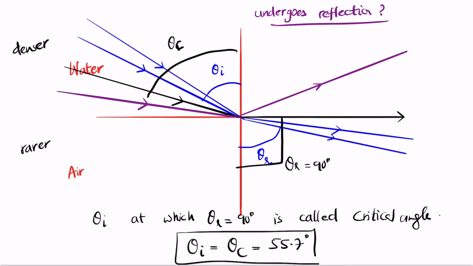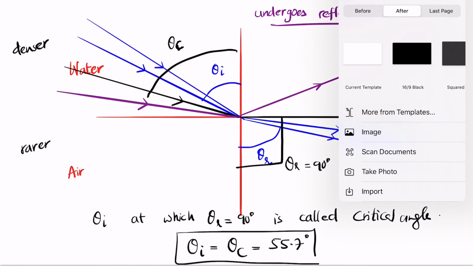But how does it undergo reflection, and why does that refraction look like reflection? Because notice that this is still refraction, but it looks like reflection because the light ray that is coming in is going back into the same medium. Notice that here also it's water itself. It's coming from water, it's going into water. This phenomenon is called the total internal reflection.